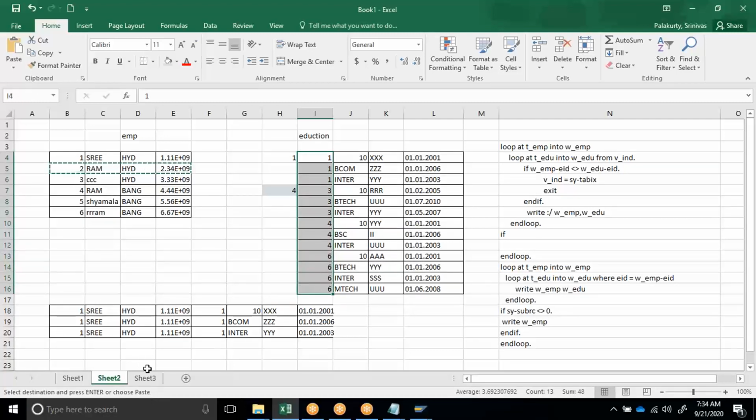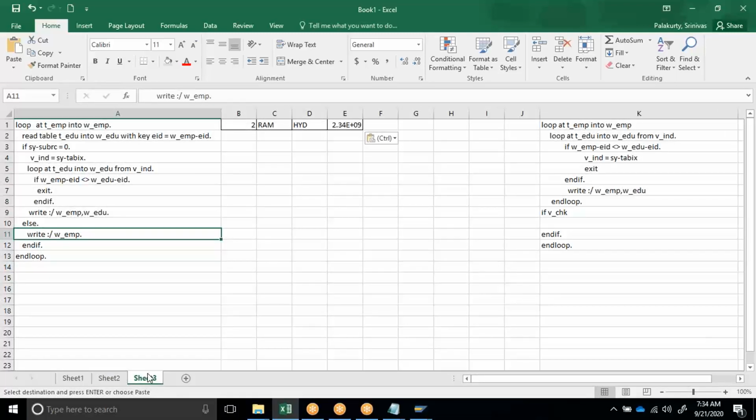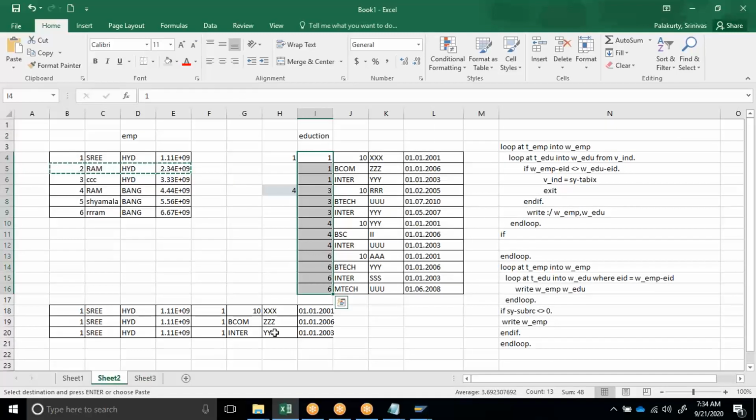So indirectly, syntax wise there are 2 loops, but logically it is like 3 loops. So read is also indirectly like a loop only. So you are writing indirectly 3 loops, just to track the position, just to track where it is, you are writing a read statement.